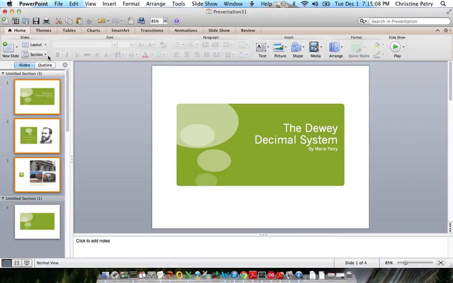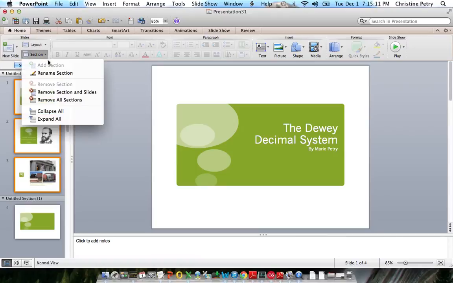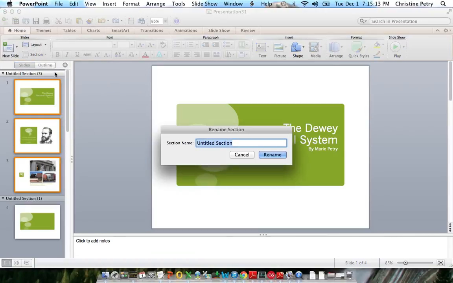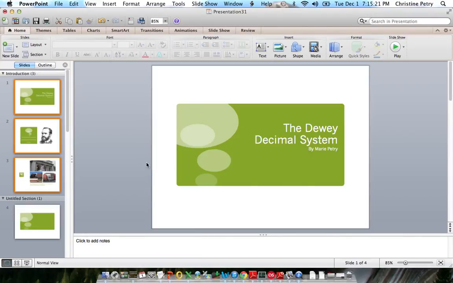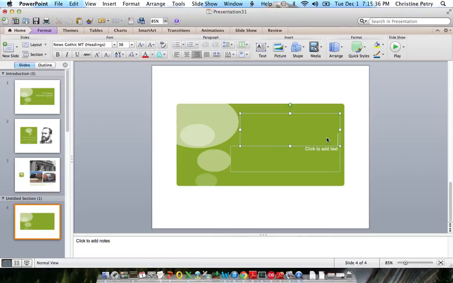See this? This is a section. I'm going to name this section Introduction. Now I'm on to a new section. What can I title this section? Well, since the Dewey Decimal System has classifications, and there are 10 of them, I'm going to select